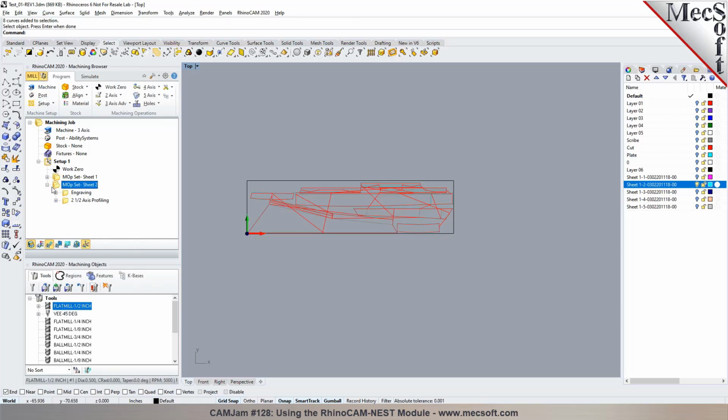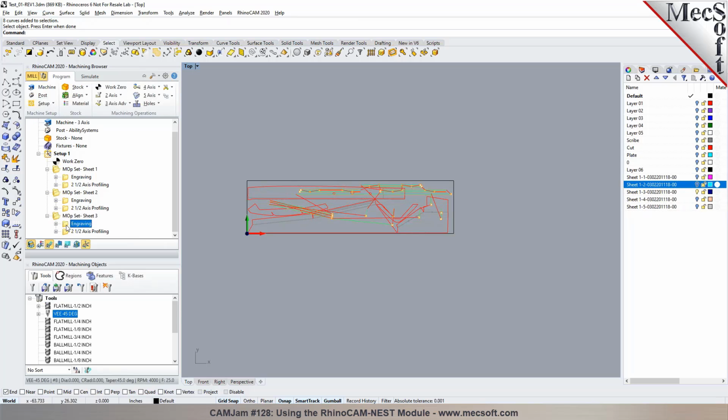So likewise, I can keep programming each of the sheets, and you can have all of the sheets programmed within the same Rhino file, and you can group all the operations into a mop set, which is like a machining operation set, like a container or folder. You can group them together. So now I can also make a copy of sheet 2 for sheet 3. I'm going to make the layer 3 active, hide the layer 2, edit the operation,